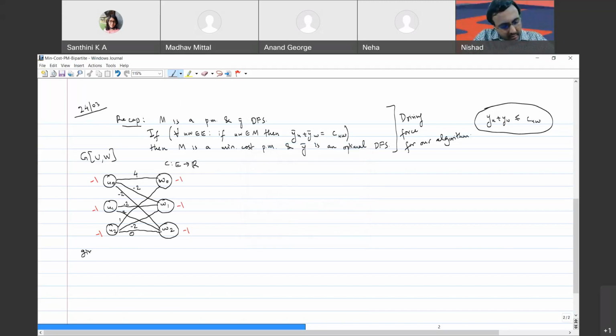Given a dual feasible solution, y bar, we define the slack of an edge uw as the cost of the edge uw minus y bar u minus y bar w. Notice that this will always be greater than or equal to 0. And we will say that an edge uw